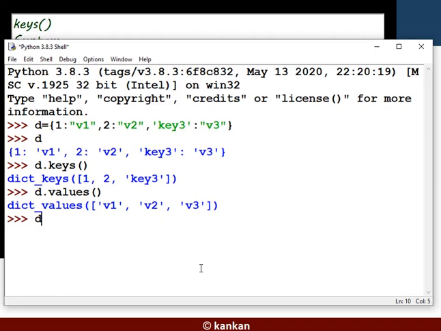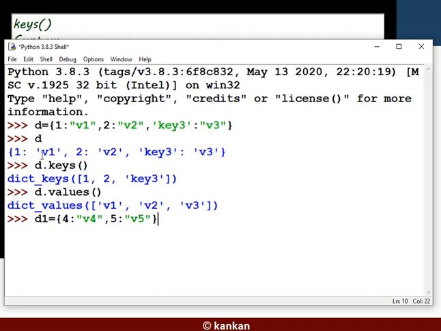Suppose d1 equals key 4 with value v4, key 5 with value v5. Clear? So what was the value of d?